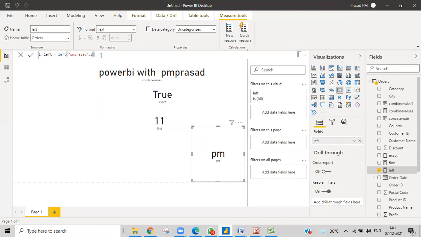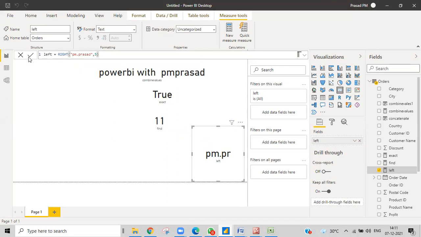If you give something like 5, then, for example, I want to write it like dot PM dot pr, whatever. Whatever we write, it's not an issue. Even the dot is counted. Yes, it will count whatever you write, as it is a character. And then what if you use LEFT and RIGHT? RIGHT.